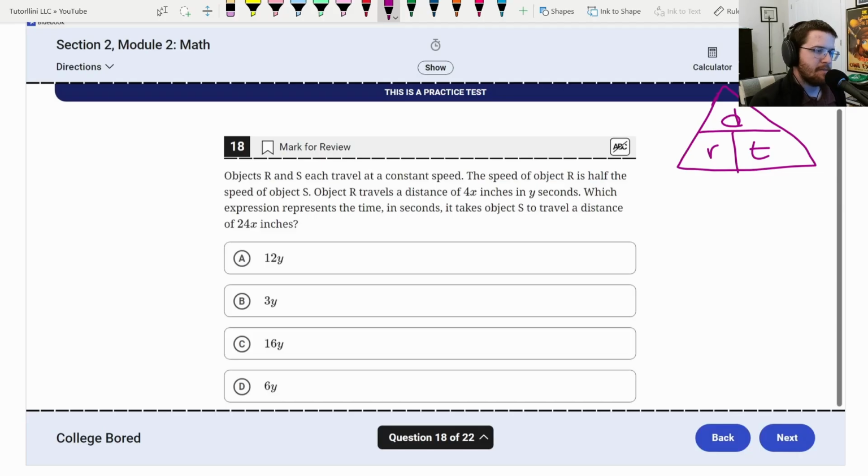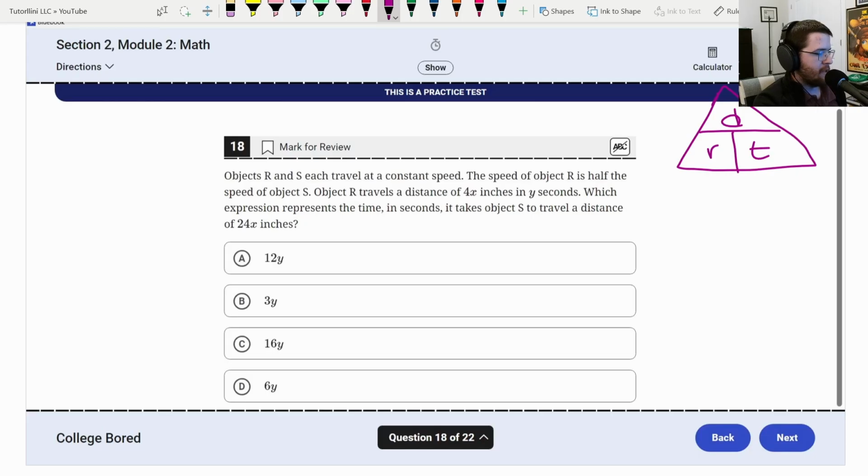Okay, question 18. So this is testing us on d equals rt. A common way teachers write this is they put it in a little pyramid so that you understand all three forms. D equals rt, r equals d over t. See how r is equal to d over t, and then t is equal to d over r. Anyway,